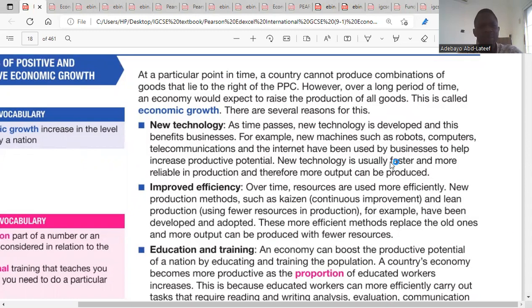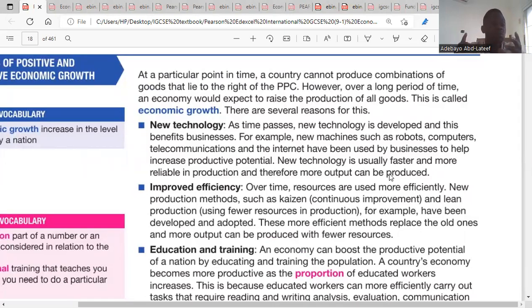So here they said at a particular point in time, a country cannot produce combinations of goods that lie on the right of the PPC. However, over a long period of time, an economy would expect to raise the production of all goods. This is called economic growth. So there are different reasons why. What they are trying to say is that